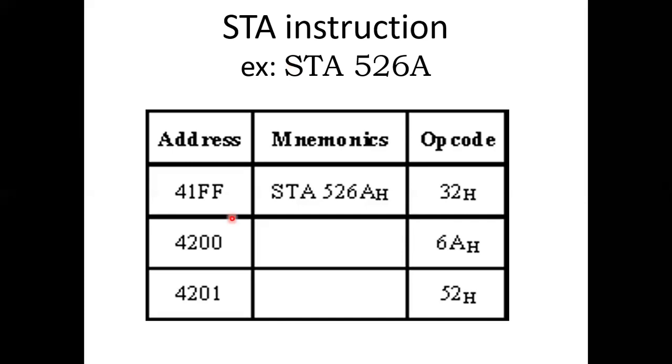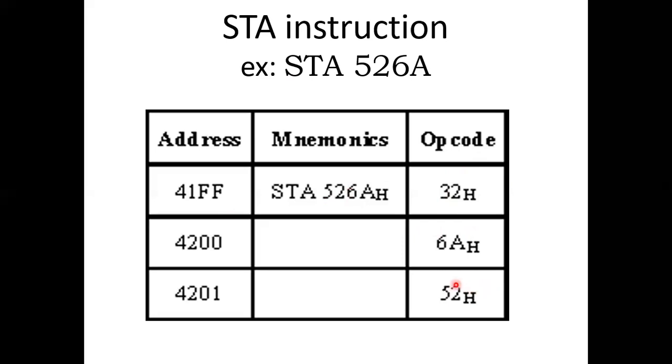First, you have to write the instruction opcode value. Sometimes they give the opcode in the problem; otherwise, you can put some value for the opcode. So that is STA 526A. The opcode for STA will be 32. Then the remaining value 526A you have to write in reverse in the 8085. For 526A, you have to write first 6A, then 52. So this is the concept.